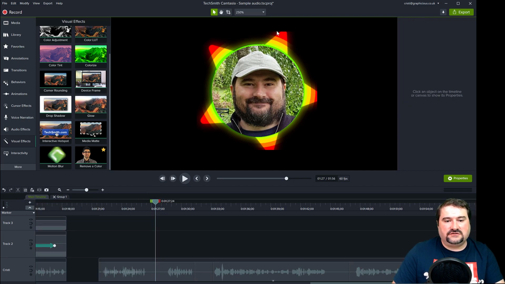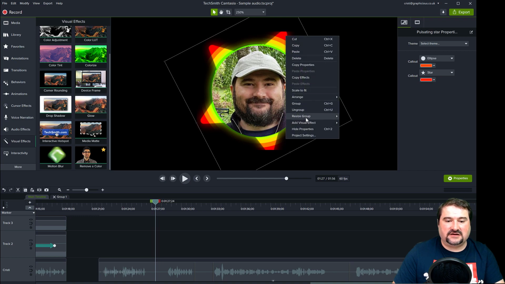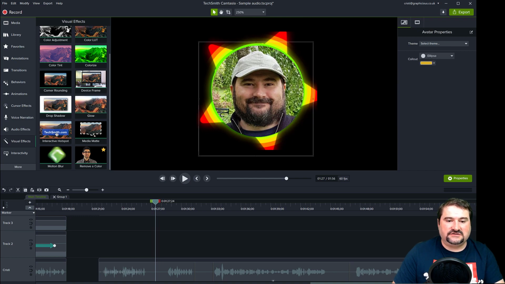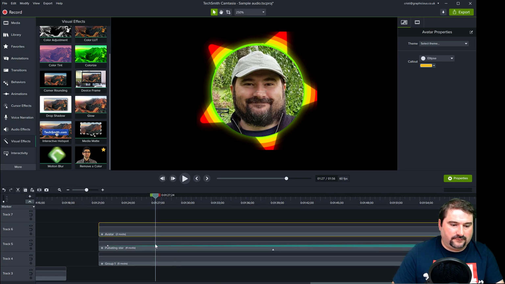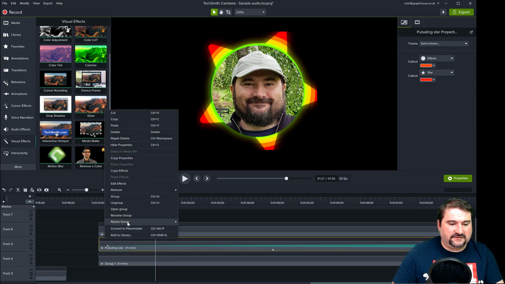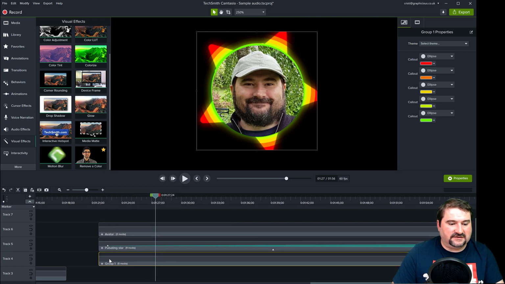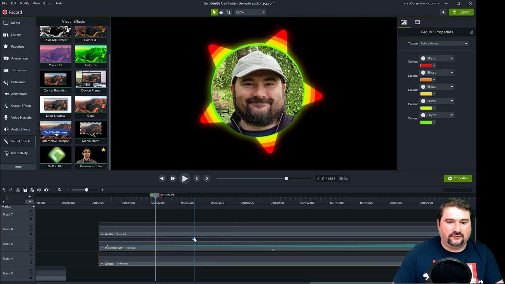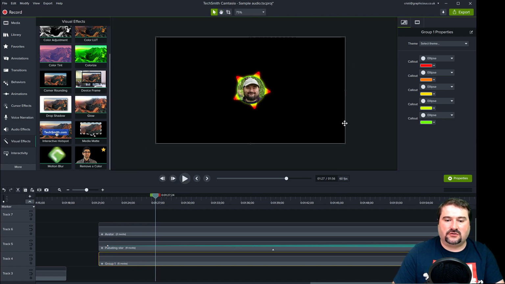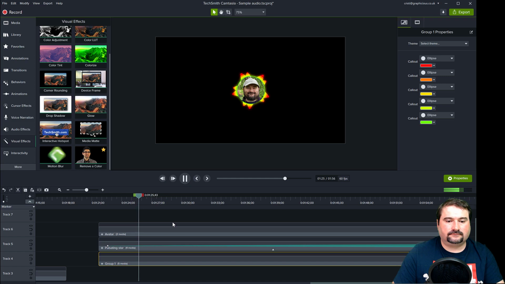So if you still see some stuff cut off, you can right click and say resize group to canvas size. So bring all the groups to the canvas size, because Camtasia has still this bug where it just crops stuff to the group that it's in, which is weird if you've got animation happening. So all of the groups involved, make sure you right click on them and resize group to canvas size. This is actually going to stretch all of them to fill the canvas, right? Let's see what we have achieved. Hello, this is Christy. In this quick video, I'm going to show you a Camtasia tip.